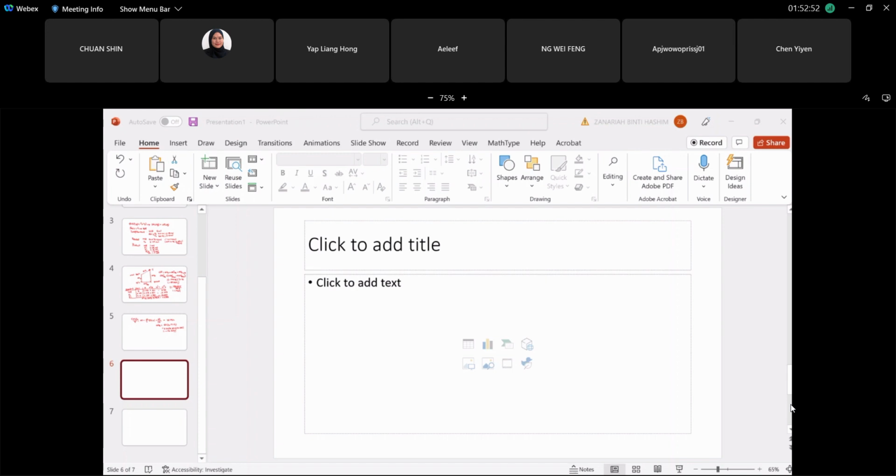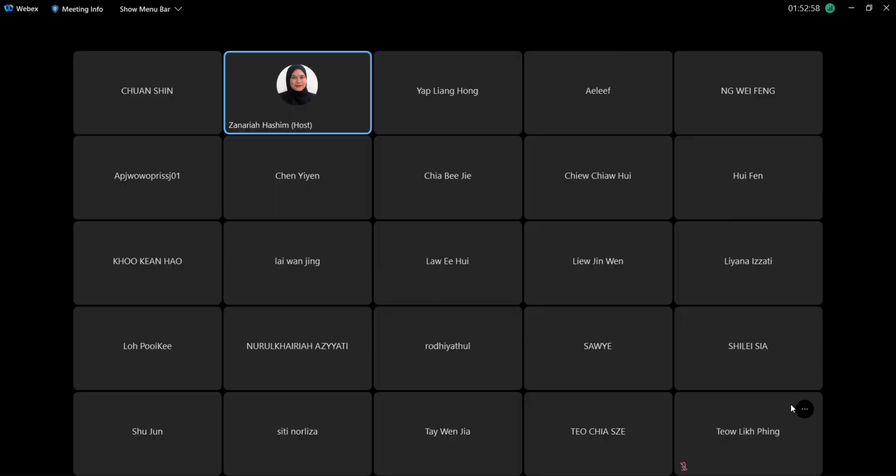Okay. So basically it is the same. It's the same process as just now. Sekejap